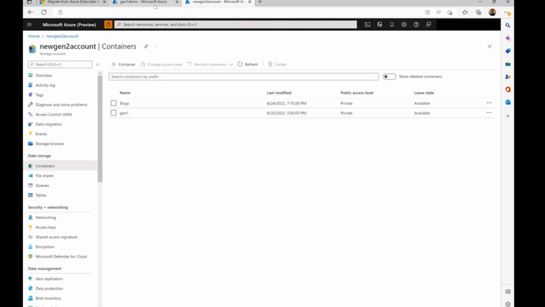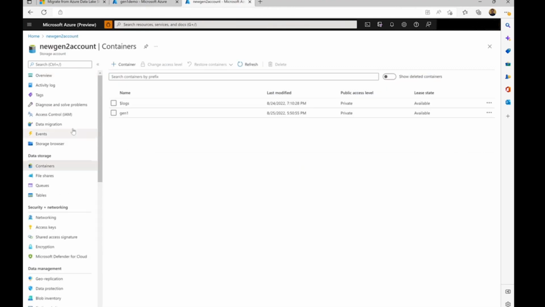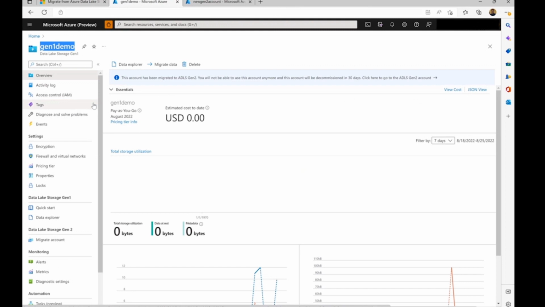So it'll appear as if you're reading and writing from the Gen1 account, but actually the calls are being made to the Gen2 account by the application compatibility layer, like we just discussed before. So after 30 days from the backend, the data of Gen1 demo, the data which was residing earlier in